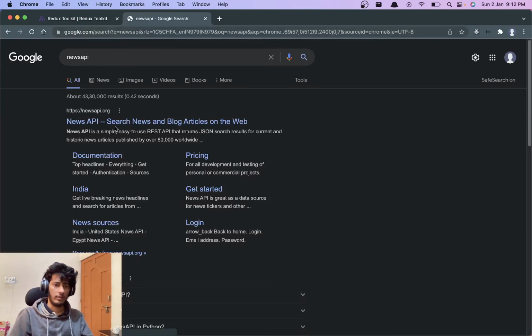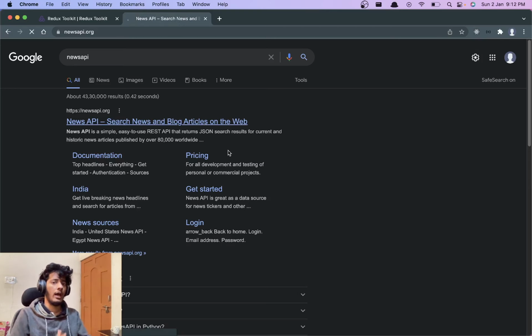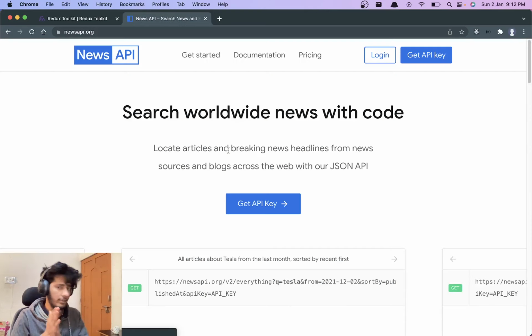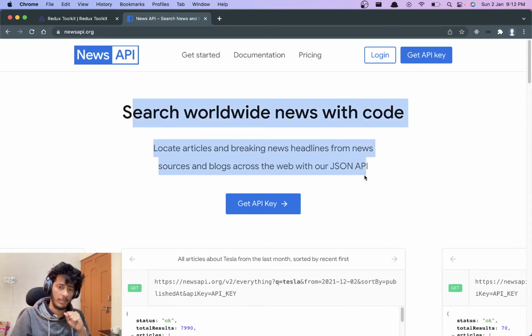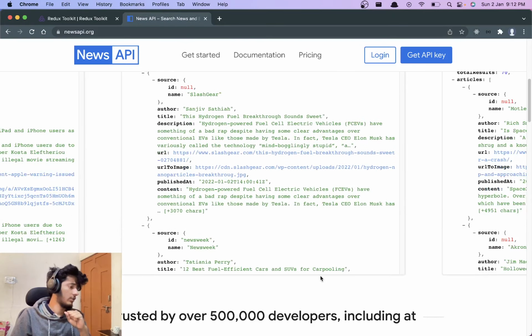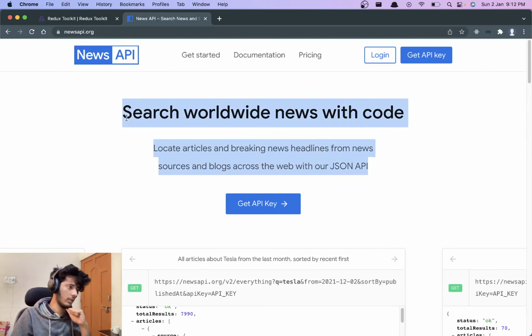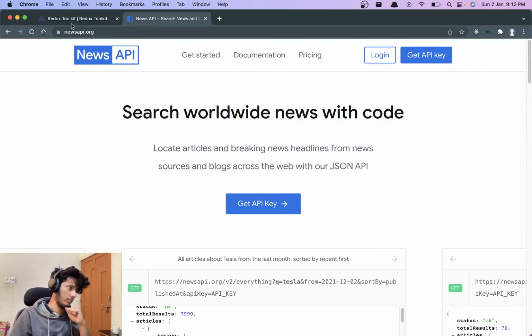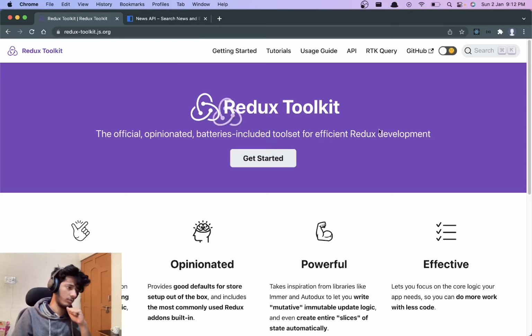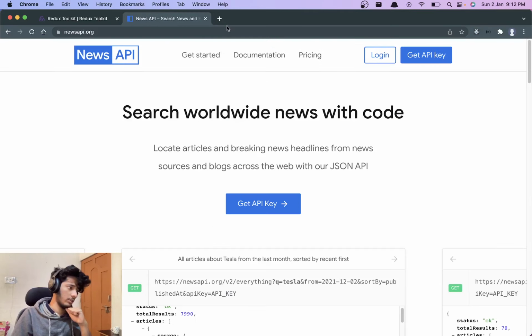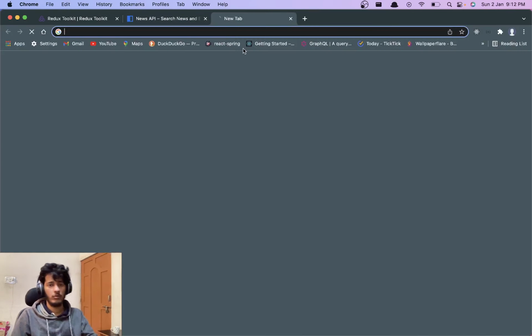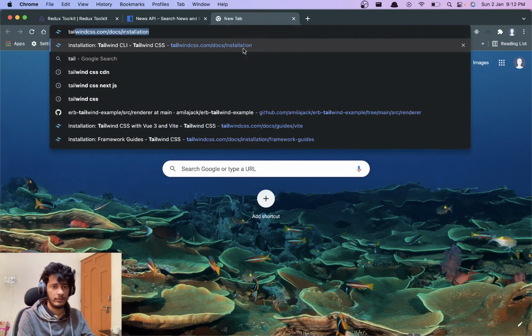We will use this API to get the current news and show it on the screen, maybe cache it, do something with it, and we'll be using Redux Toolkit for storing the state. And what else? We might use Tailwind.